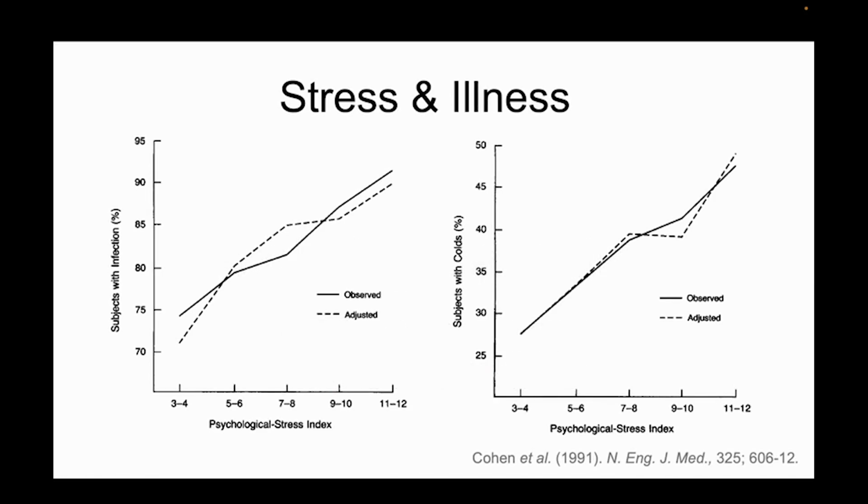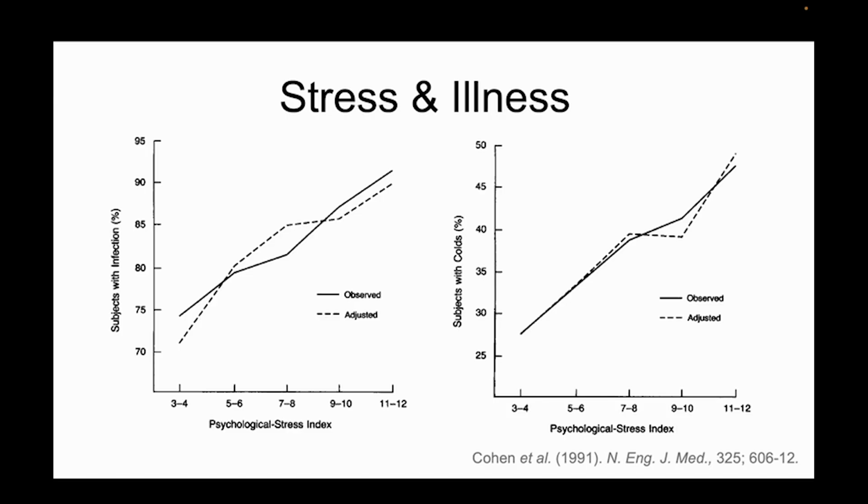Probably the most cited example of a link between stress and illness is this large correlational study, which you would never be able to do nowadays. Here's why. This was done at the Common Cold Unit, a research facility in England dedicated to finding a cure. Participants stayed at the facility for extended periods, allowing for measurement of loads of variables. In this study, 394 people completed the psychological stress index and were administered one of 5 respiratory viruses via nasal